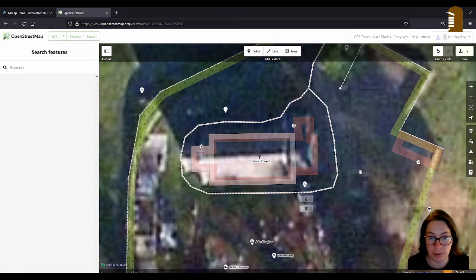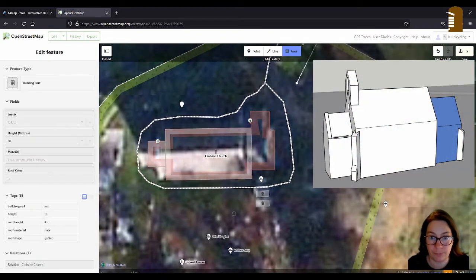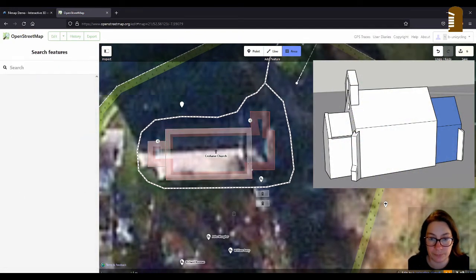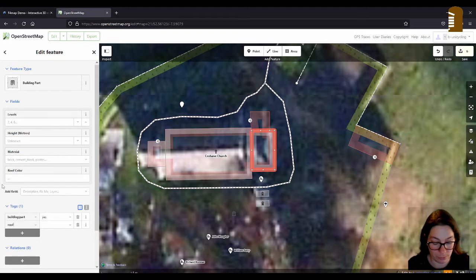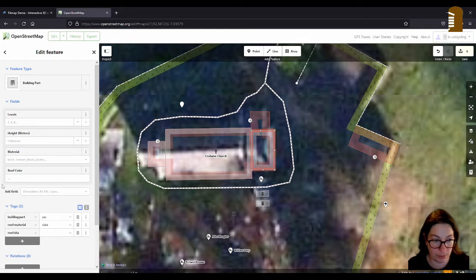And the next bit I want to add is over here. I'll go this way. And again, building part, yes, roof material, slate, roof shape, gabled, and again we have to add the roof orientation across.